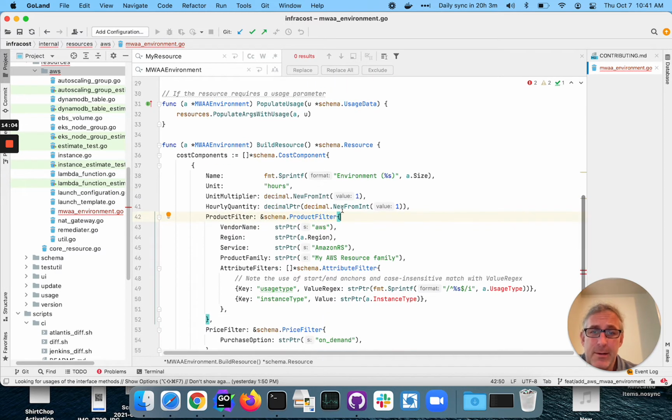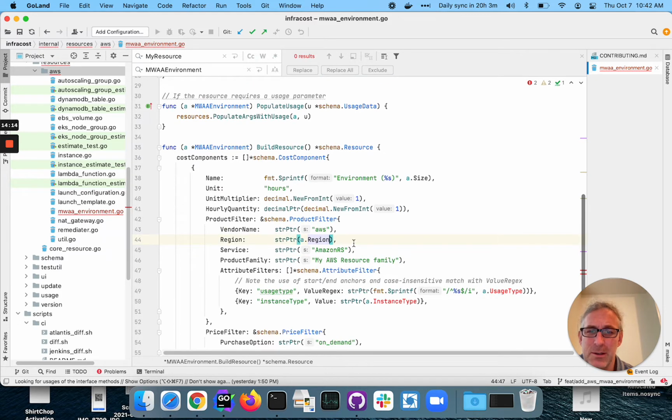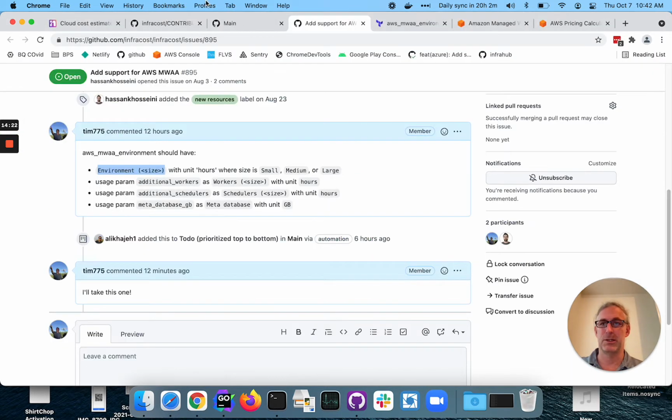And then let's see, product filter. So we're going to be AWS, I think. Well, we'll check and see what the region should be. I guess the region is going to be coming from Terraform, so that's good. And then service. This is the first thing we're going to need to figure out. So I'm going to go to the contributing docs